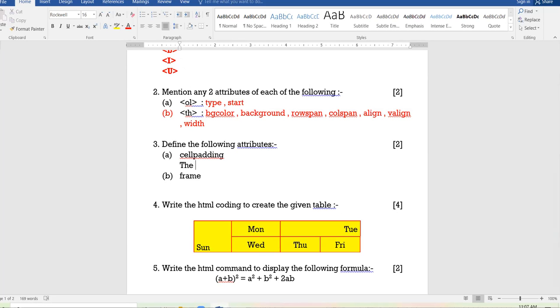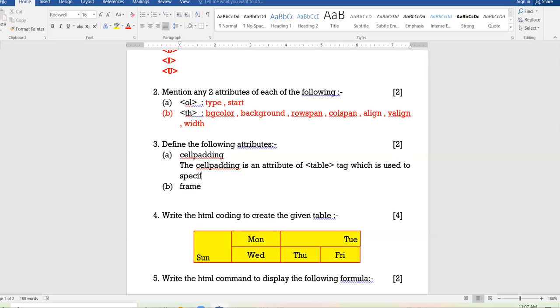The proper way to write a definition for the attribute is: the cellpadding is an attribute of table tag which is used to specify the space between cell content and its border, or you can say between the cell content and cell border. That is also correct. Clear?